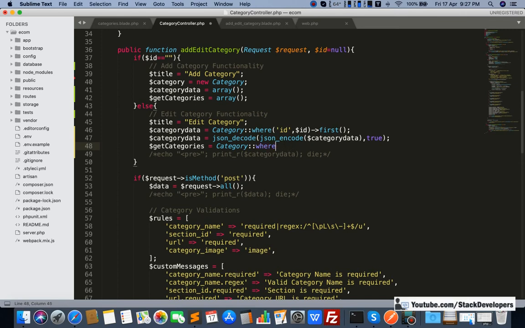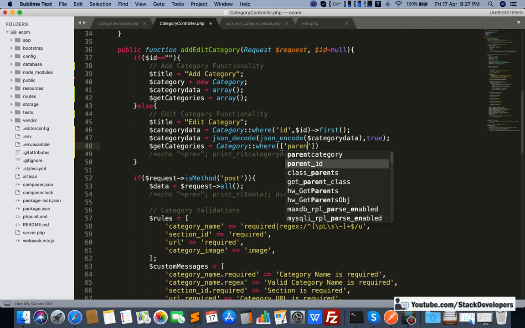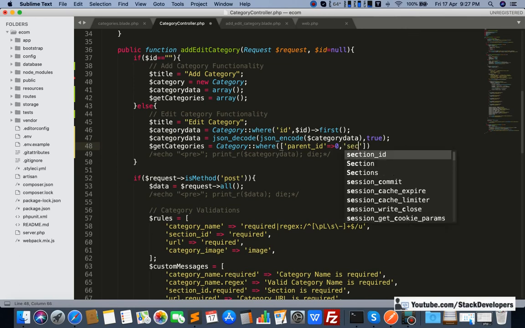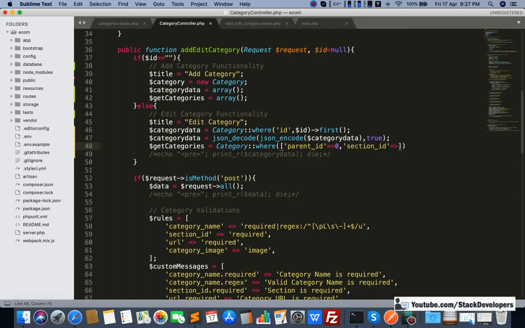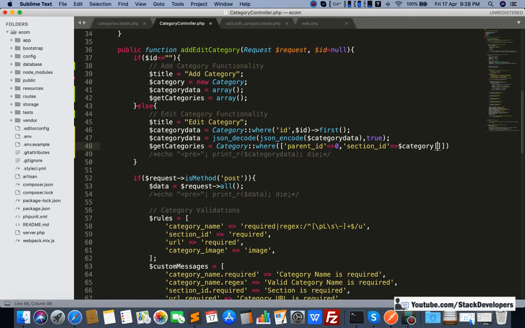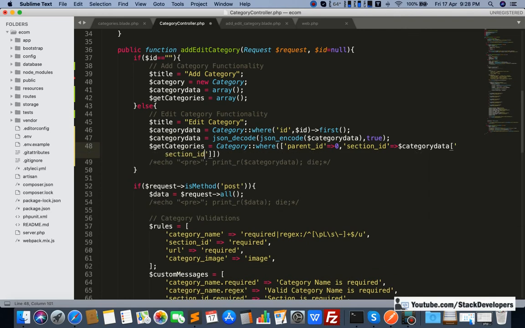And section id must be dollar category data, section id, find section id, this one, and here we are going to use get.